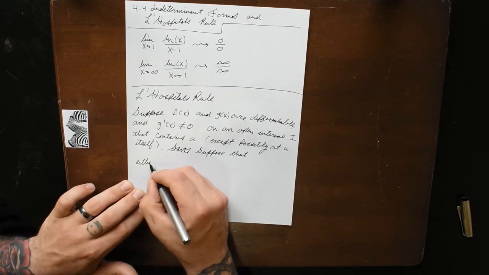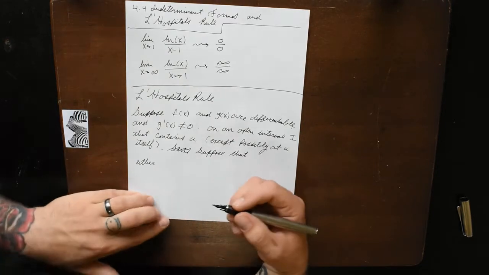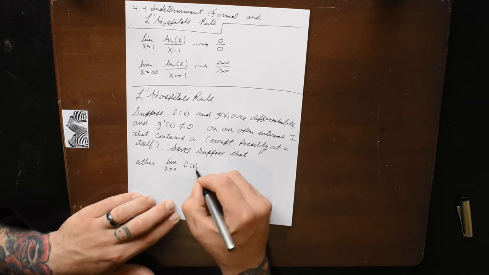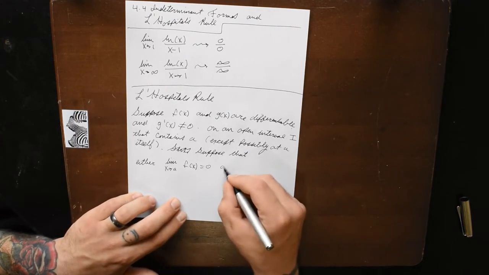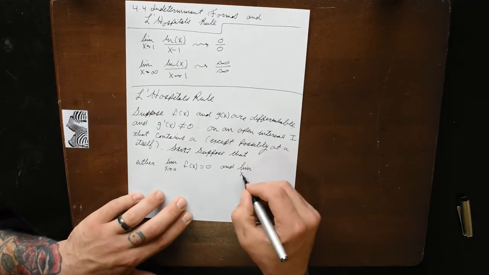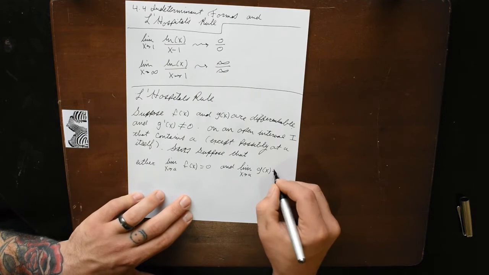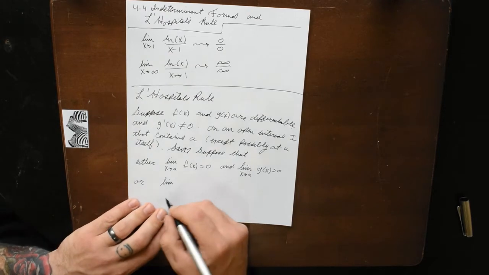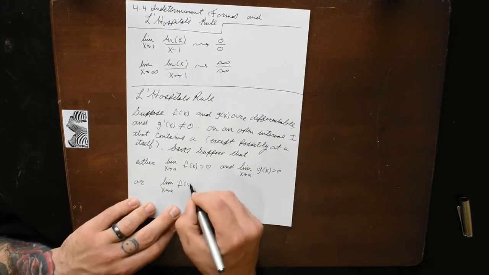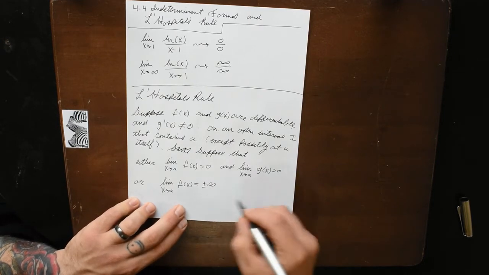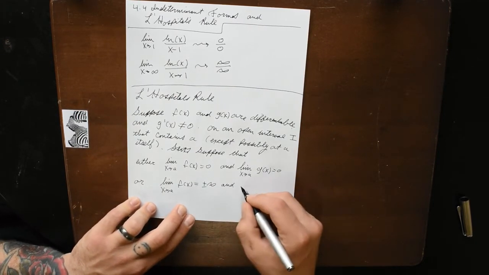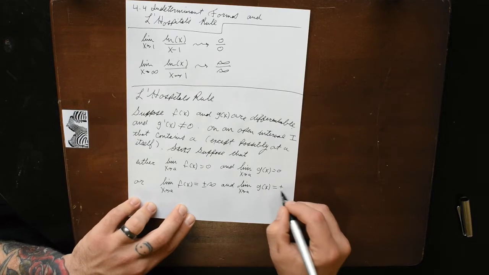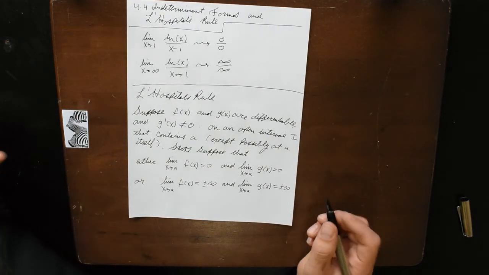Either the limit as x approaches a of f of x equals 0 and the limit as x approaches a of g of x is equal to 0, or the limit as x approaches a of f of x is equal to plus or minus infinity, and the limit as x approaches a of g of x is equal to plus or minus infinity. Then